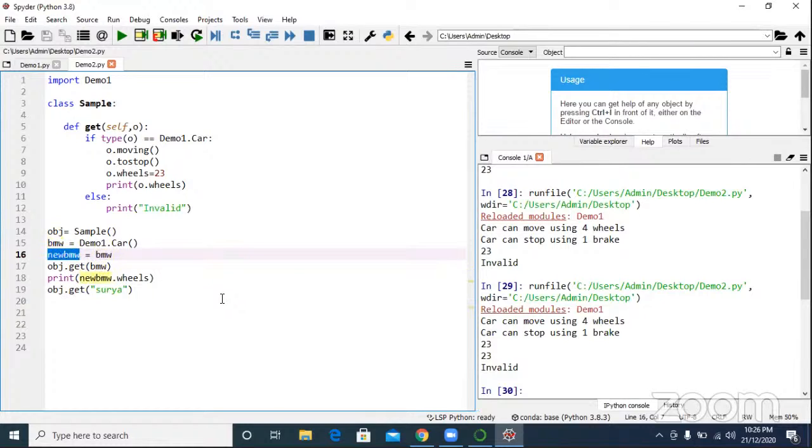After that, you are calling the get function. However, you changed the property value of car. The original value is 4. However, you changed the property value of car wheels to 23 with the help of the object. That's it. The property value got changed for the car.